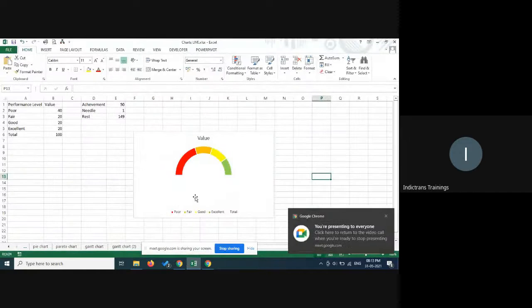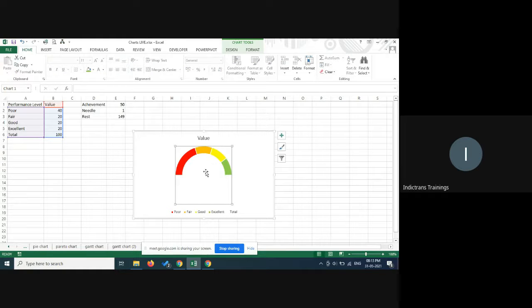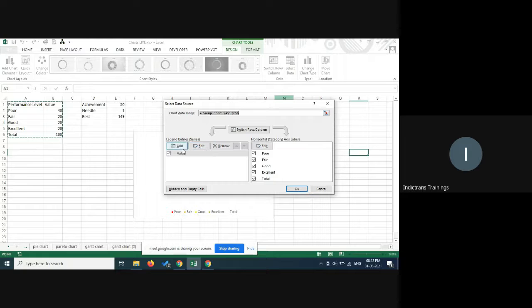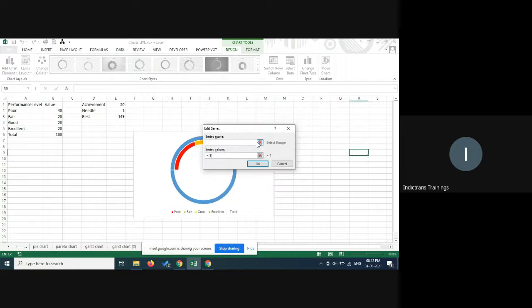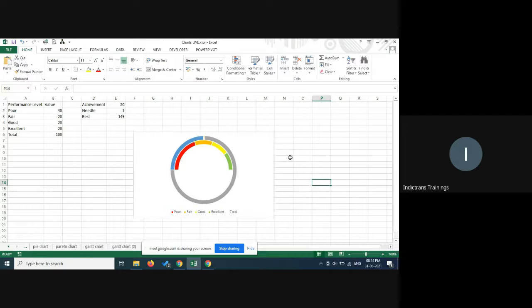Okay. So now this is a scale that we got. Now we want to put a needle on top of it. Now the complications start. To put a needle, we need to change the chart type, which we could have done initially also. Put a combo chart basically. But before that, we'll add a new series. So select data and add. We'll get achievement as a title, and we get this 51 and 114, and just say okay. And I got something which is not very pretty, but we'll look at that anyway.